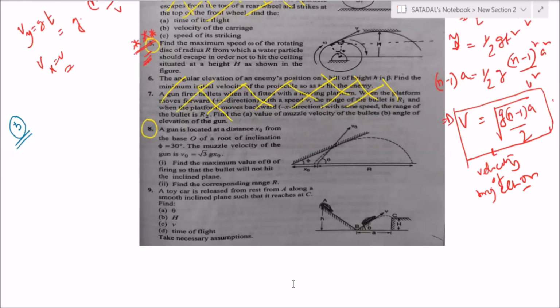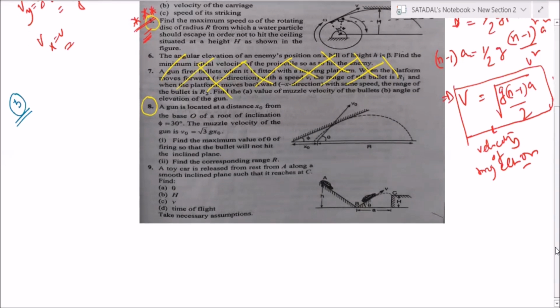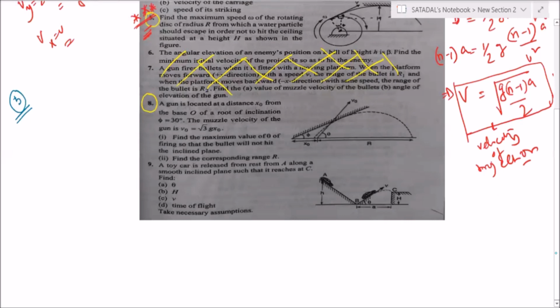I will give you some hint so that you can proceed. The neat diagram is essential actually, so I will show you the diagram. Suppose this is the well, and here it is pivoted. This is the ground surface.